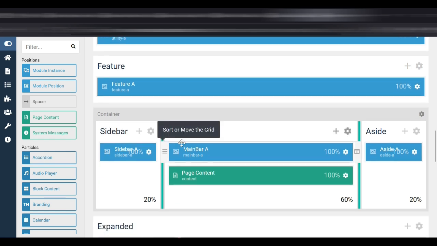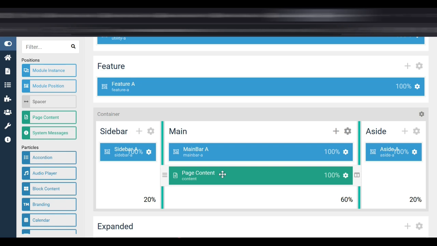And then we move further down, you have some other sections there with modules in them. And then you've got the main part of the website. So this would be where the content is displayed, be it the pictures and images you want on the website or the shopping cart. And then above that, we have main bar A. Main bar A is a module position that will always display above the page content. So I know this might not make sense looking at it like this. It does to me, but I'm going to show you how it looks in a moment,